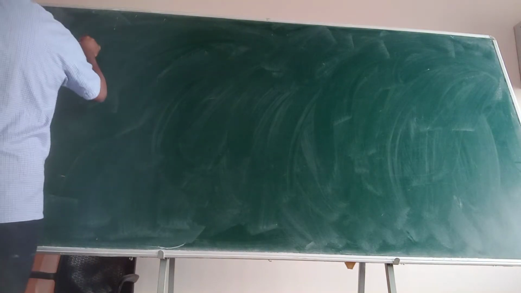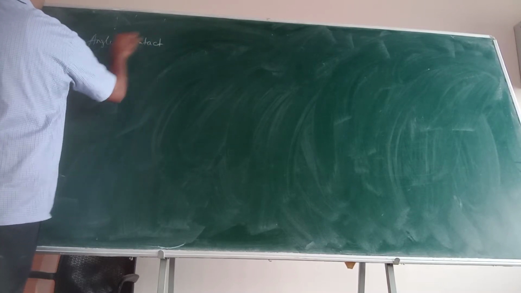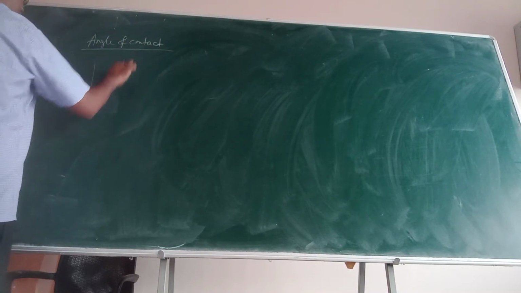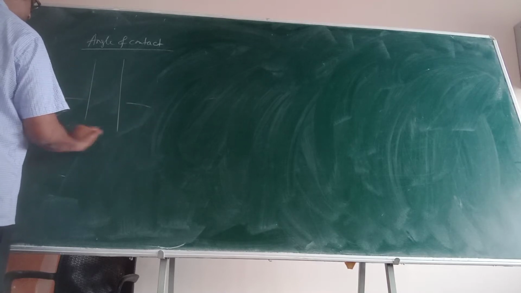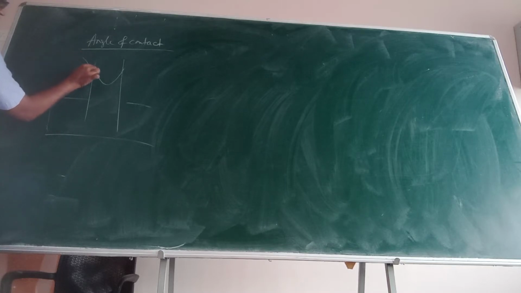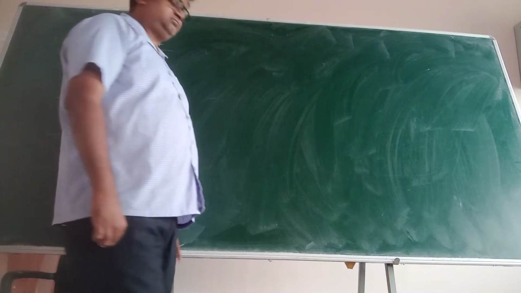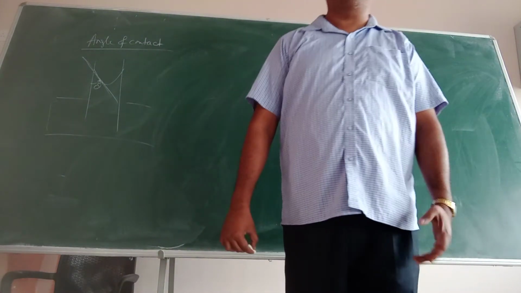So we were talking about angle of contact. Just a quick recap. When you have a situation like this, where it is forming like this, you have to draw a tangent here. Alright? This is a glass water interface. It can be a gas liquid interface also. Starting with the solid, you have to measure the angle, that is the angle of contact. This angle of contact can be an acute angle, it can be an obtuse angle, it can be 0 degree also.